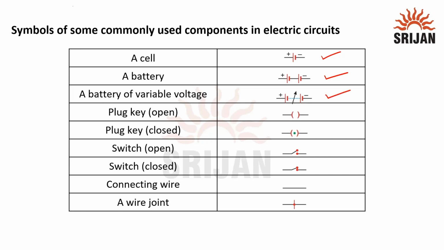Moving on, this is the symbol of an open plug key. This is the symbol of a closed plug key. This is an open switch, and this is a closed switch. The next is the symbol of a connecting wire, which is a wire which offers no resistance, and it is represented by a straight line. This is the symbol of a wire joint. Continuing on the next slide,